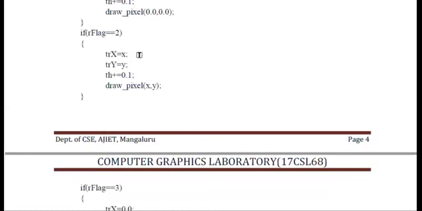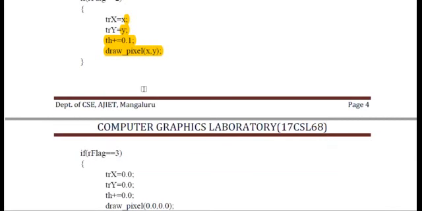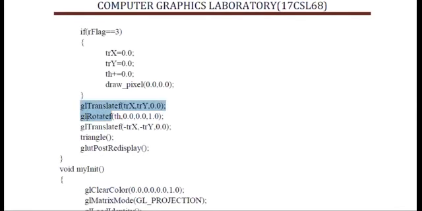So that's why here translate of x value is set to x and y value is set to y, and then theta is given as 0.1, and then you're going to draw a pixel at, that is nothing but you're going to draw a point at position x comma y, and this is nothing but a pixel at the fixed point. Okay, you're going to draw the pixel at the fixed point, and then again it moves to these 3 things